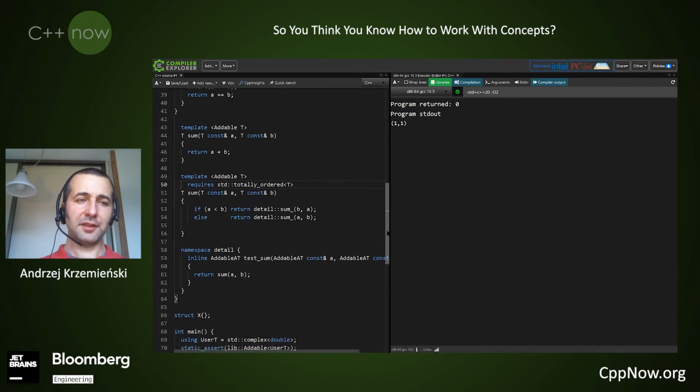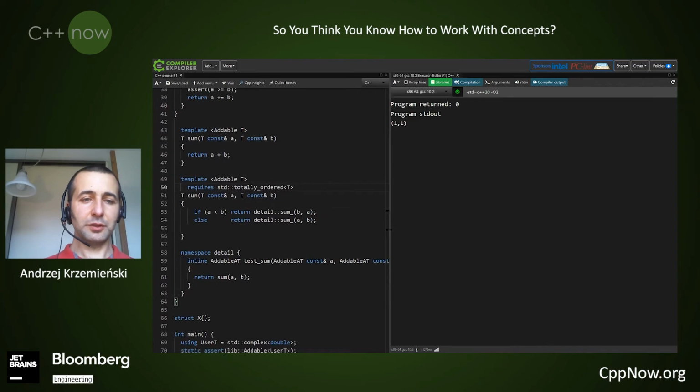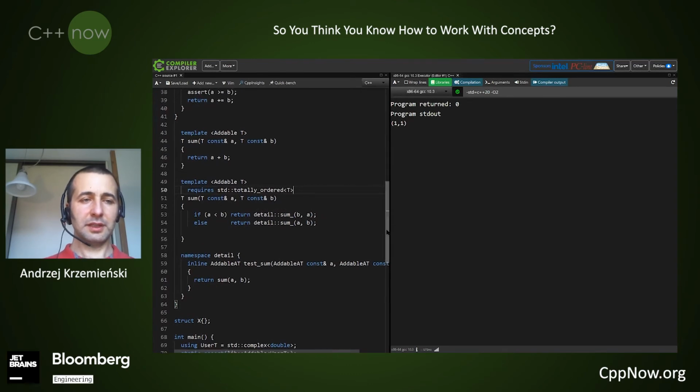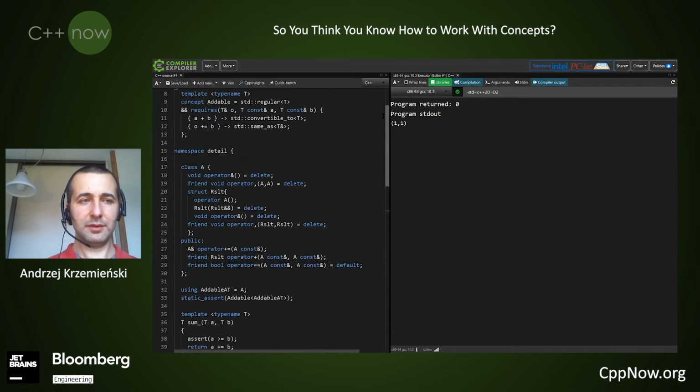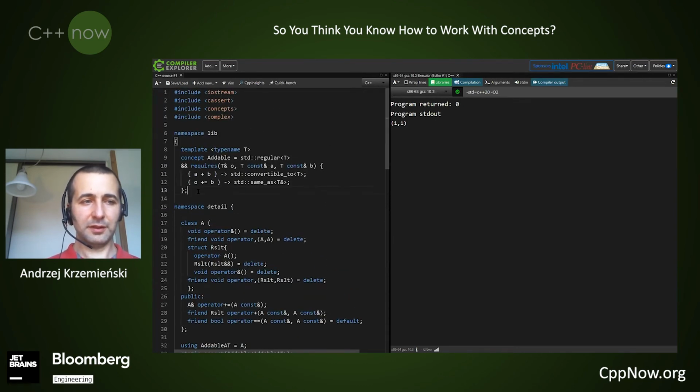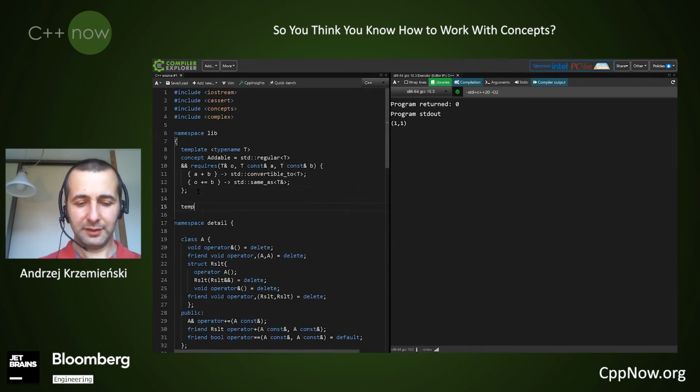But this is not the end of our possibilities, because another thing that we could do is, rather than putting this requires clause, is to introduce another concept. Ordered addable. It is not difficult to actually write it.